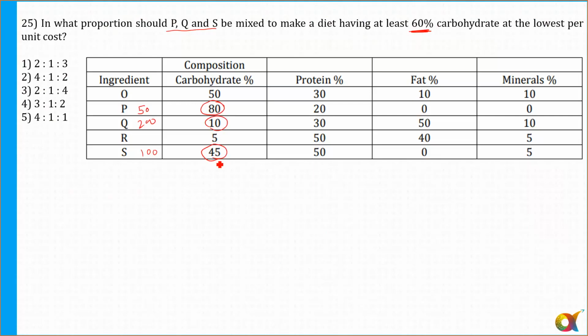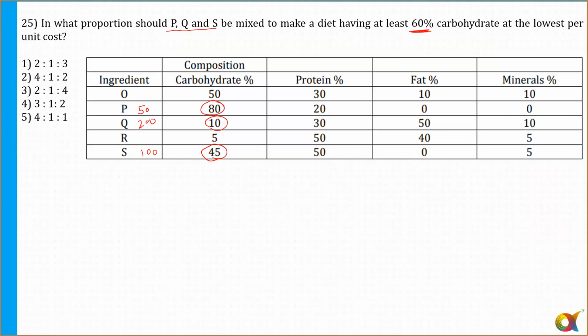If you observe, in almost all the options, the value of Q is 1. Yes or no? This is 1, 1, 1, 1, 1. So I am saying that I just need to take 1 unit of Q, in almost all. So everything depends upon the units of P and S. What value should I take for P and S? So we can work with the help of the options.